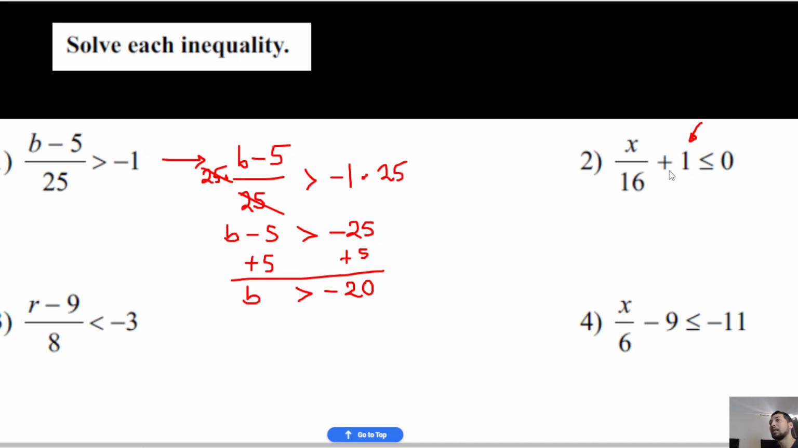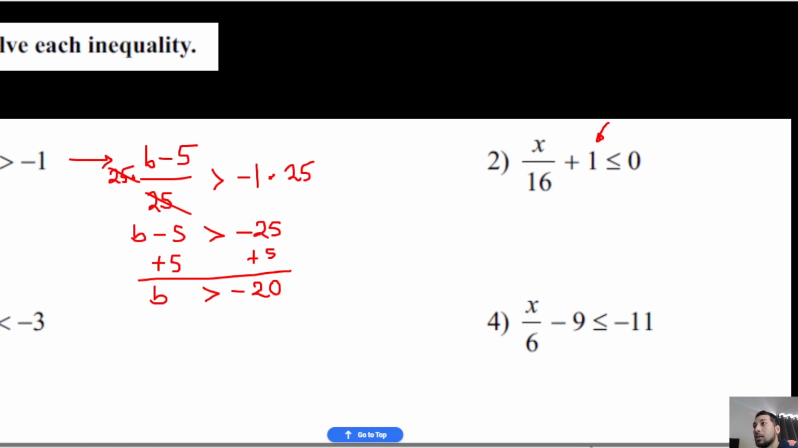In this case, we can multiply both sides by the common denominator, or we can just take this 1 and then get rid of this fraction bar. So let's see how we can solve it in both ways. First, we'll just get rid of this 1. So I'll just subtract 1